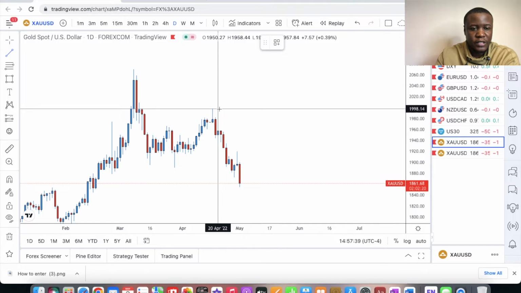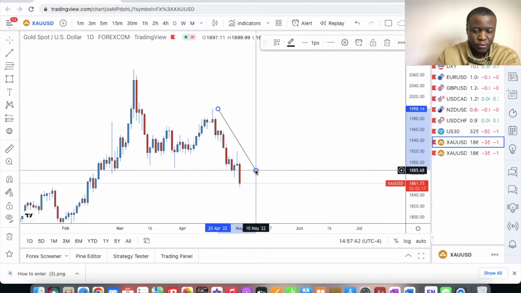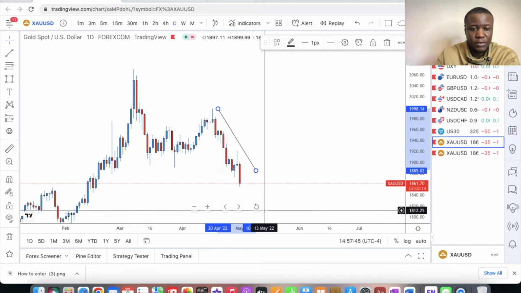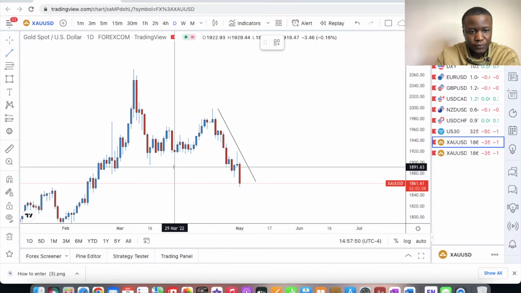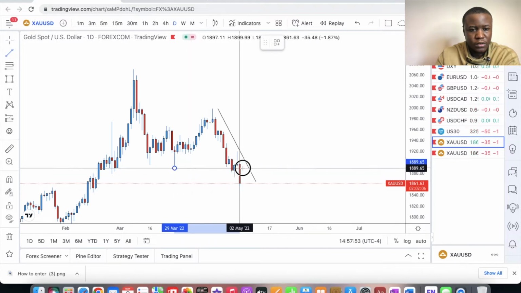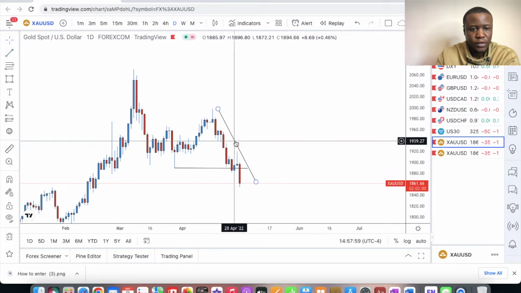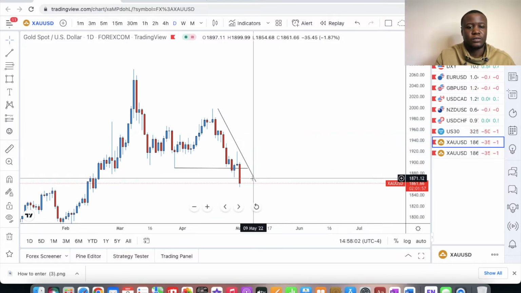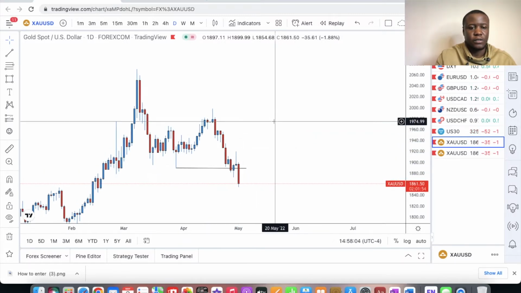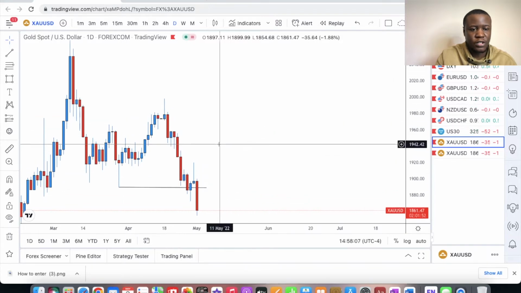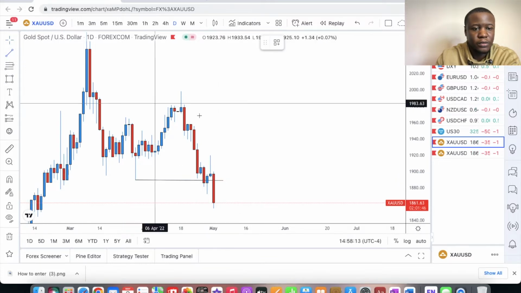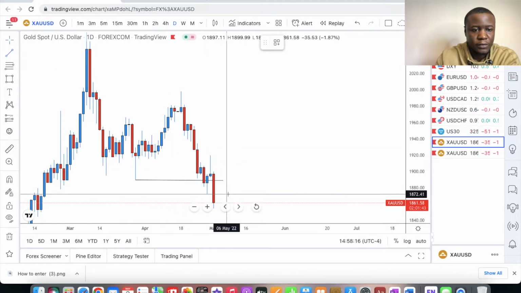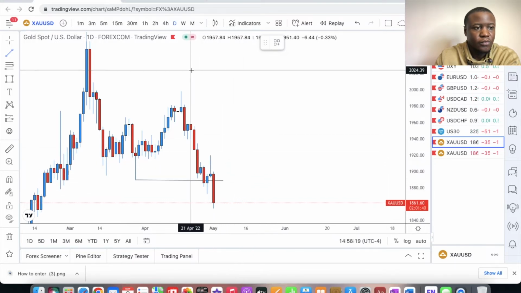So currently we're in a downtrend. We were once in consolidation, but now we're in a downtrend. Structure broken. Okay, structure is broken right there. All right. So confluence number 1, structure broken. Confluence number 2, we're currently in a downtrend. When it was broken right here. All right, so